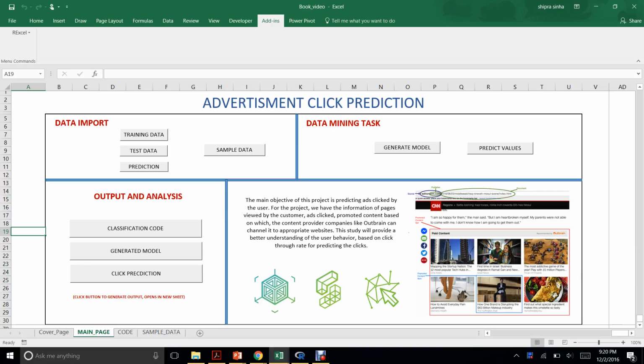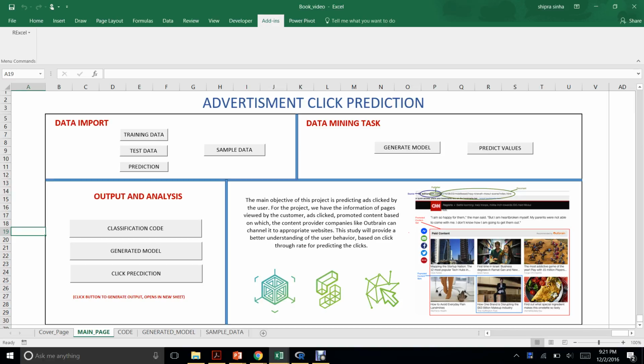So after storing the data and seeing the code, we can run the data mining algorithms. But since the algorithm is taking a lot of time here, we are not going to demonstrate it. We can generate a model by clicking on the generate model link and predict values, and after generating a model we can use that to predict the values for the data to be predicted. Now since we have already generated the model and stored it here, we can see our model.